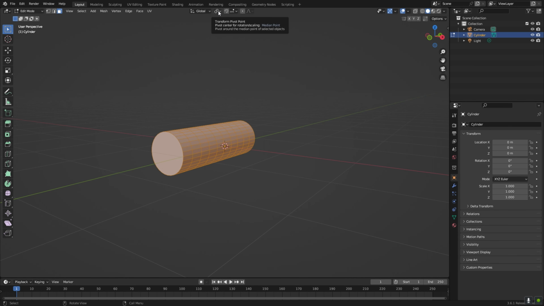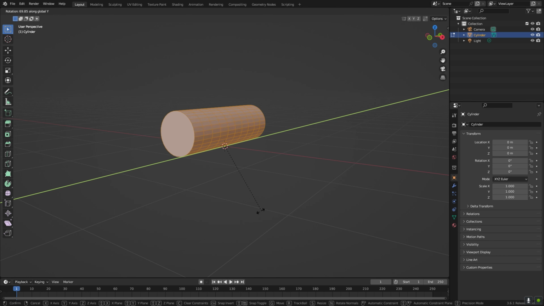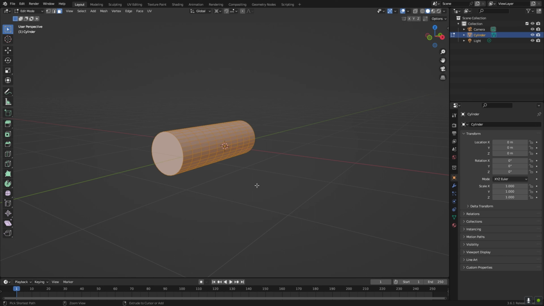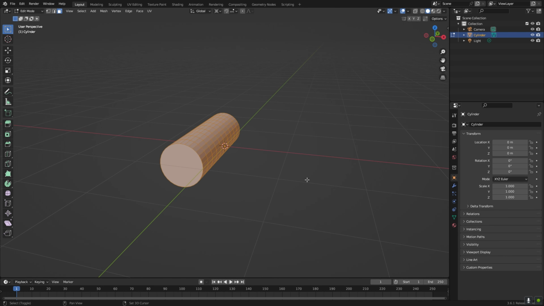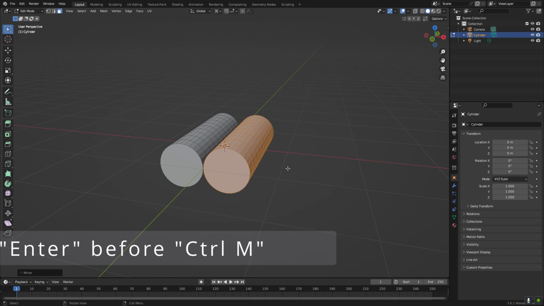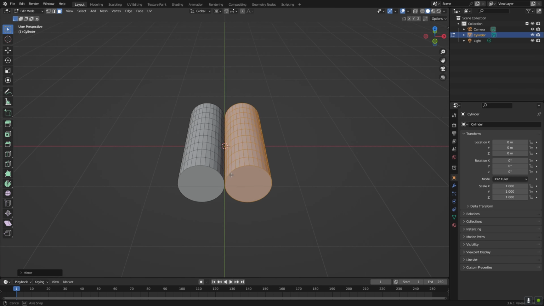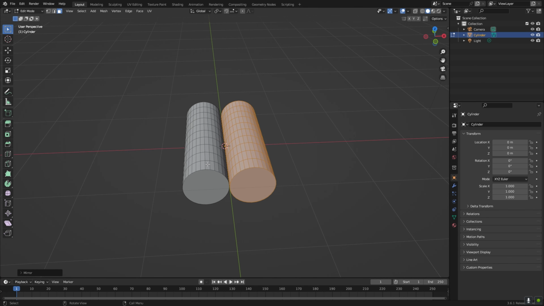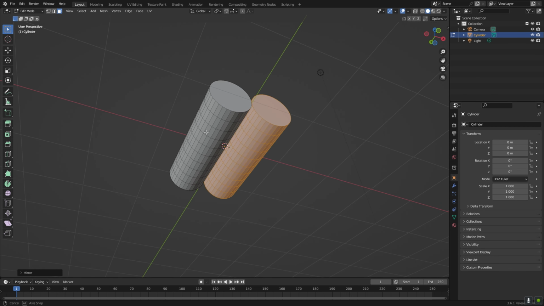if you see this little icon up here, you can click it and select 3D cursor, because that's the pivot point. If I rotate it on the y-axis, it rotates around the cursor, but I don't want to do that. I'm going to hit Shift D to duplicate, then Control M, and then X, which is what I just did: I duplicated the mesh and then I mirrored it using the cursor's location. Now that I have that,